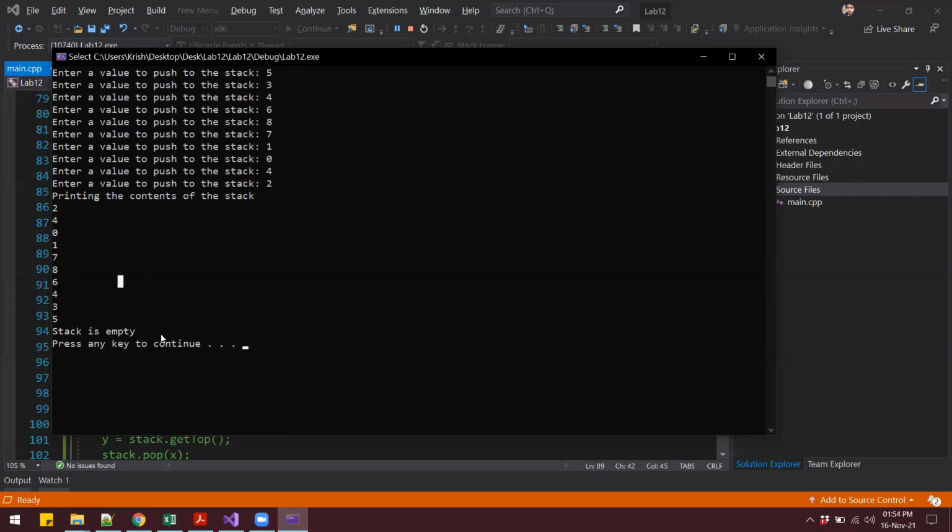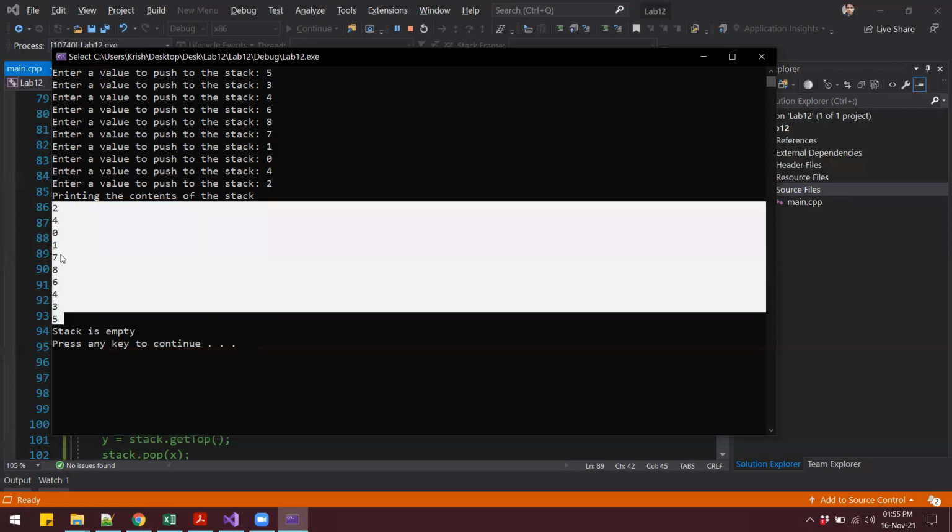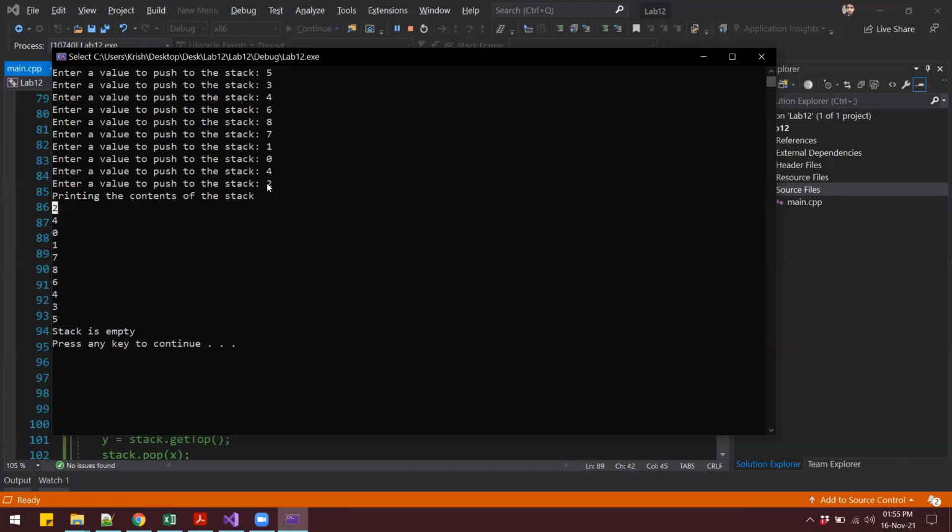And over here you will see that the contents will be printed in reverse. The last item that we entered on the stack was 2. That means this value will go right at the top, right? The value right at the bottom was 5, then on top of 5 was 3, then on top of 3 was 4 6, and right at the very top was the value 2, right? So when we pop the data from the stack, the value that is right at the top will be popped first. That is why you will see that the data that we are getting is in reverse order, right? So we have 2 4 0 1.